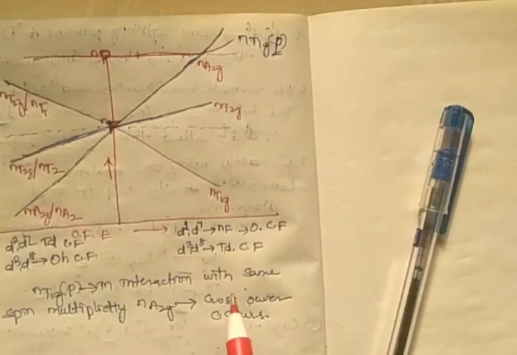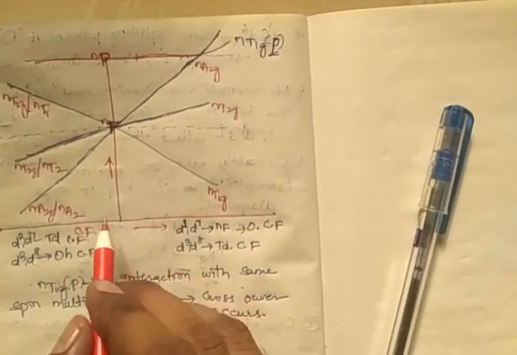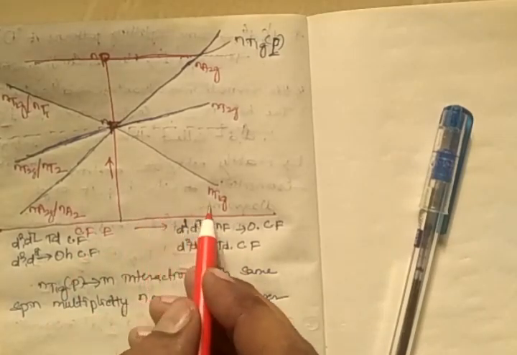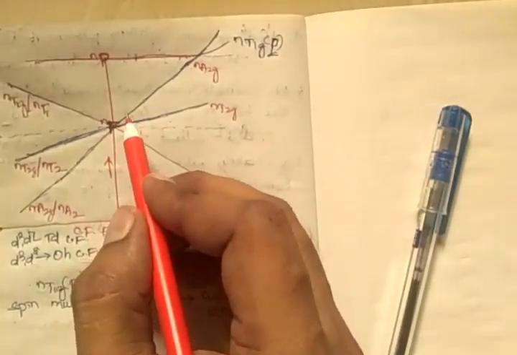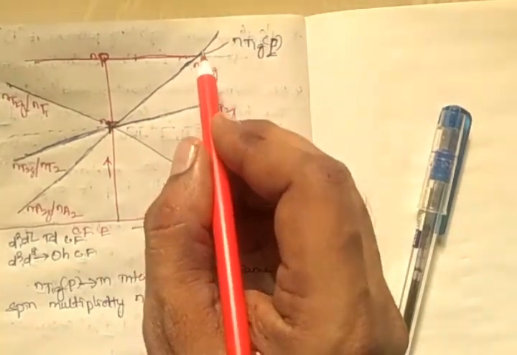What happens is, when we extend the crystal field energy, the straight line of A2G will cross over the